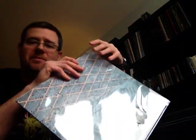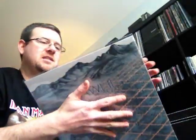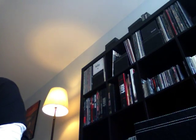I had also heard another member say that eventually the flaps don't stick at all and they just kind of stand up. I hope that's not the case, but I will be keeping an eye out for that, because if that does happen, then I will not order from Clear Bags anymore. I know that Sleeve City does their own version of a sealed outer sleeve, and I might just go ahead and try theirs. I do have one Sleeve City, nice thick sleeve that was actually on the